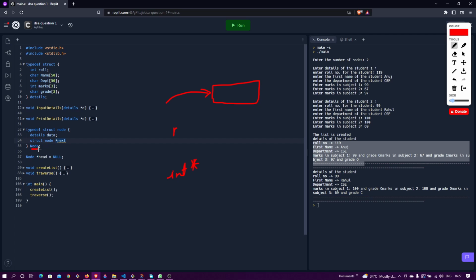Now why I am not using this node here, since I'm using the typedef? I could have used it here, but the name of the typedef was not defined yet till line number 54. It was defined till line number 55. So after line number 55 you might be seeing me using this Node with capital N as the data type to define any node. But before that I needed to use a normal way of creating a structure variable,